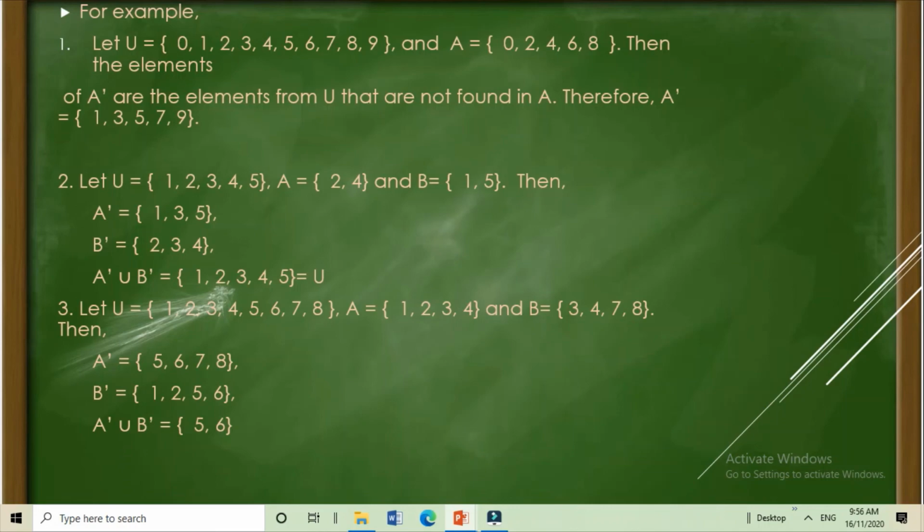Kasi nga, makikita natin na ang nandun lang sa set B is element 3, 4, 7, and 8. Third question, we have complement A union complement B, and that is equal to element 5, element 6. Kasi nga, hindi, intersection to ha. Intersection tong number 3. Ano yung mga numbers or ano yung mga elements na makikita natin sa complement A and makikita also natin sa complement B, and that is element 5 and element 6. So, that is not union, that is intersection.